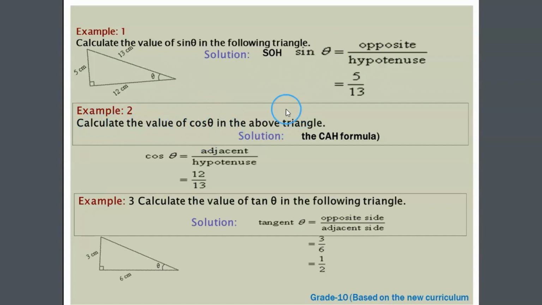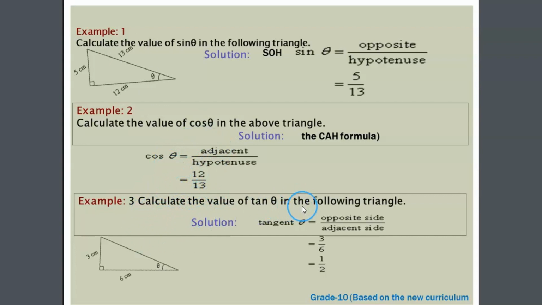Example 2: calculate the value of cos theta in the above triangle. እዚህኛው ትሪያንግል ላይ የዚህን የቴታ መጠኑ ምን ያህል እንደሆነ አይታወቅም፣ ግን ኮስ ቫልዩ ፈልጎ ነው የተባልነው። Therefore cosine of theta, cos theta is equal to what is the formula for cos? Adjacent over hypotenuse። ስለዚህ ለዚህ አንግል ቴታ adjacent ሳይድ ማን ነው? ይሄ ነው። ርዝመቱ 12 ሴንቲሜትር ሲካፈል ሃይፖተነስ 13 ስለዚህ 12 13ኛ ይሆናል ማለት ነው። ይሄ በጣም ቀላል ነው።